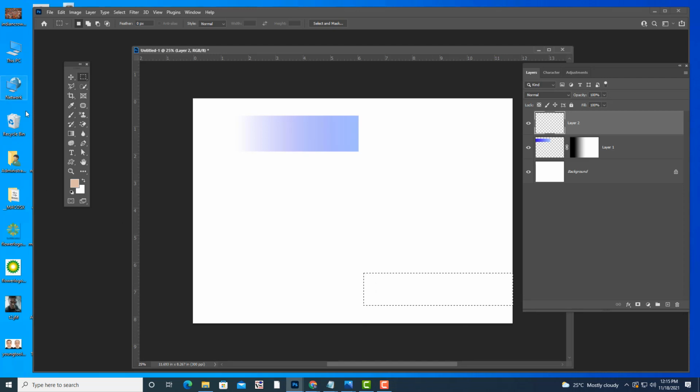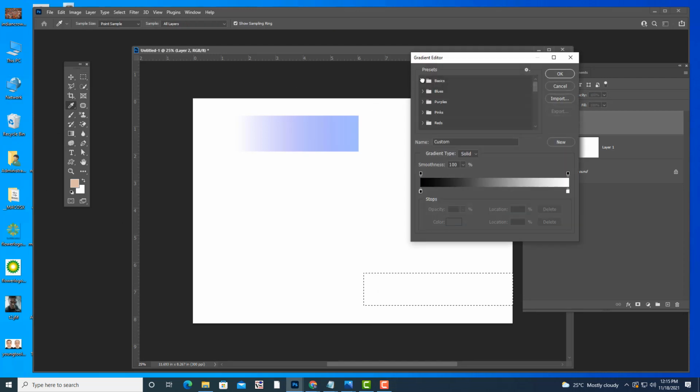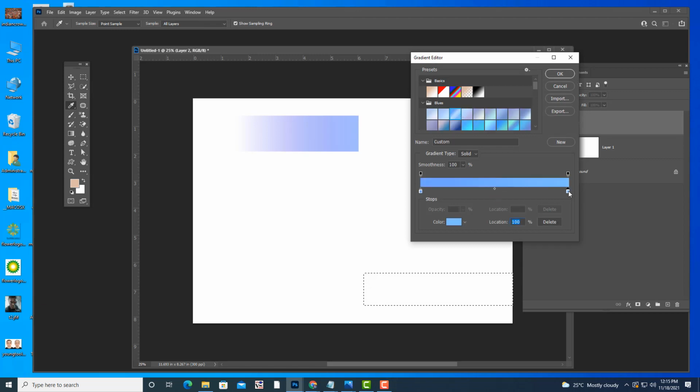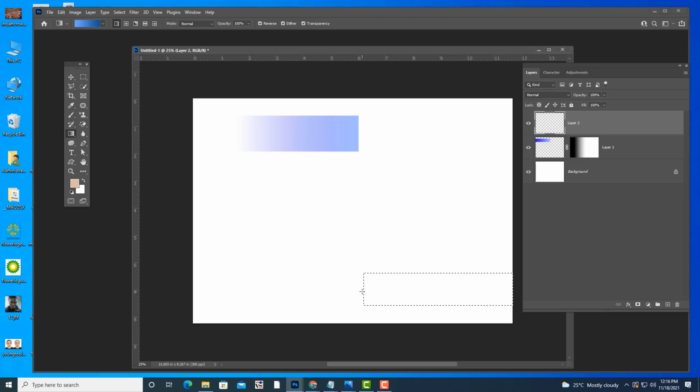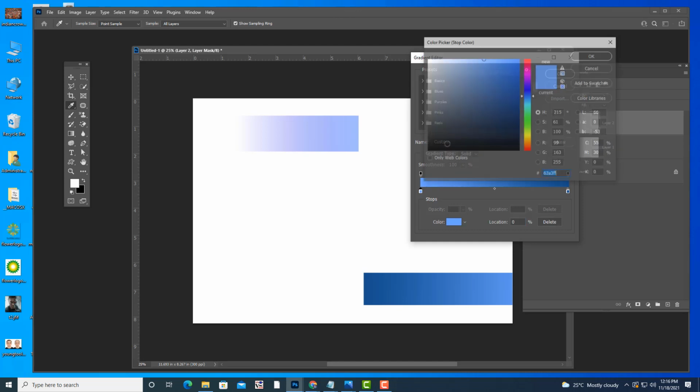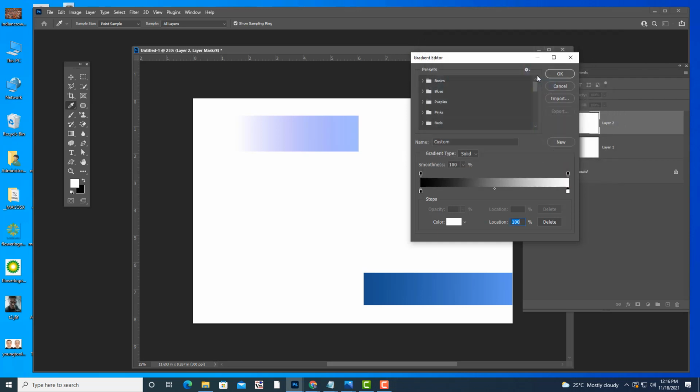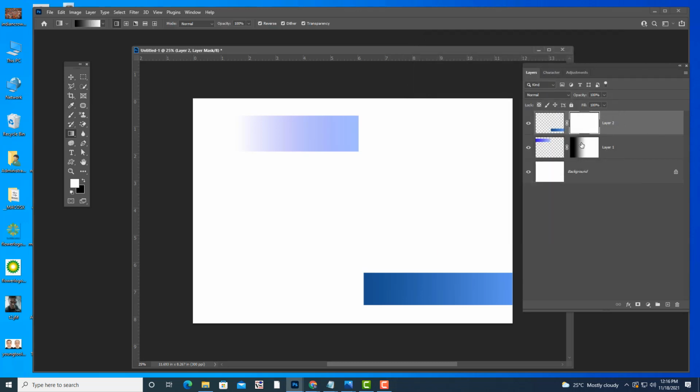I am going to create one more selection, and then I will again use some gradients. Okay, then again I am going to create a gradient like this, and then again I am going to apply mask to this, and then I will use the same black and white color. So this is how we can use gradient tool to see the effect of mask. See, we got again a nice fade out effect.